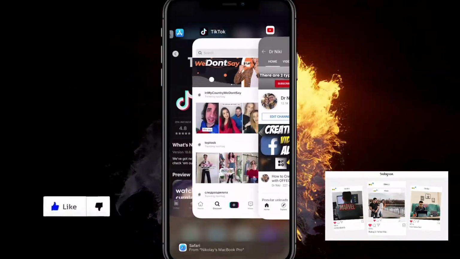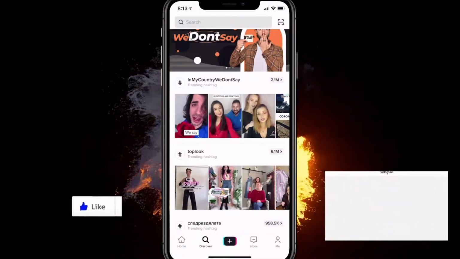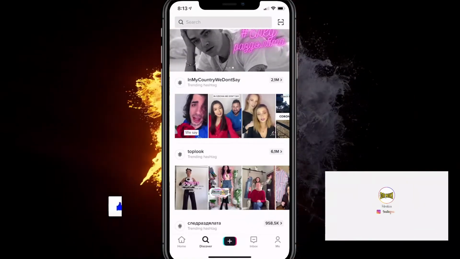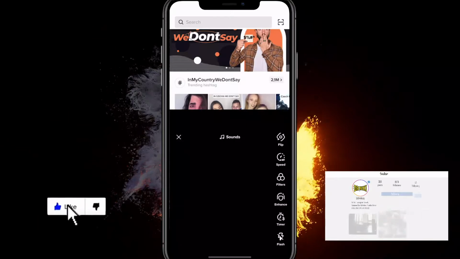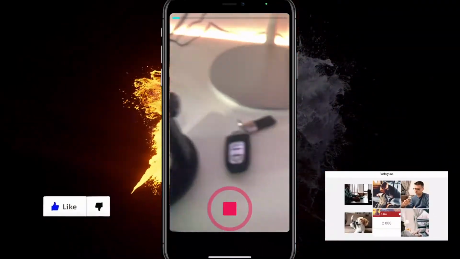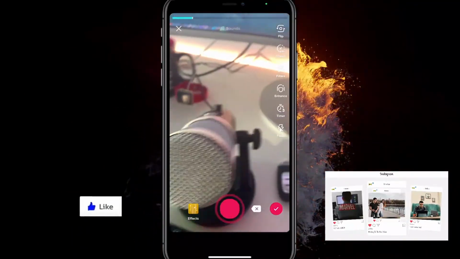So what you want to do is go over to TikTok and you want to have the latest version, obviously, so you want to have updated TikTok recently. You want to click on the plus icon like you would normally and just record a video that's at least 3 seconds. Click on the check mark, and here you want to head over to the bottom where it says